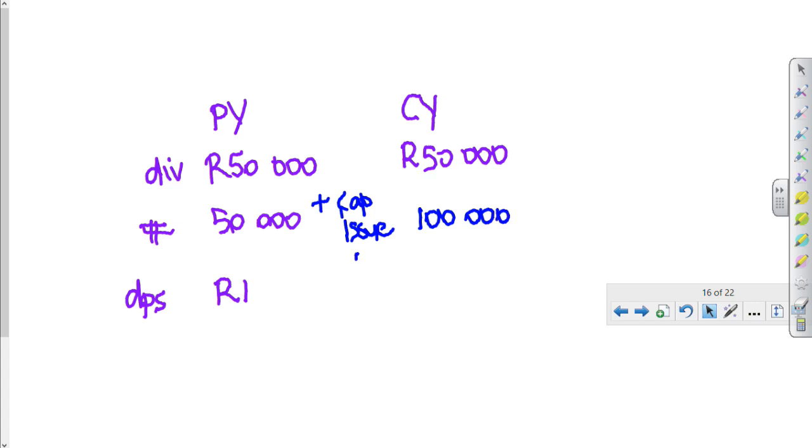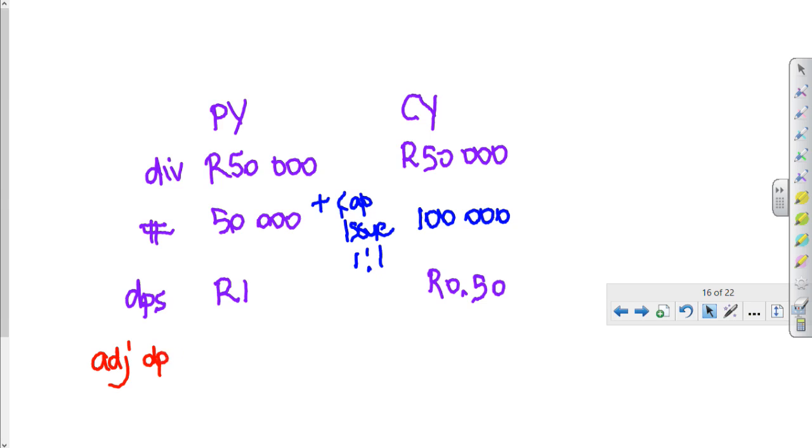There was a 1-for-1 cap issue. For every share you had, you got a share. So now when we look at dividends per share, it's now dropped to 50 cents per share. Are the shareholders truly only half as wealthy? No, because for every share the shareholder had before, he's now got 2. So whereas before he got a rand, now he's also got a rand, but he's still only got 50 cents a share, isn't it? When this happens, we disclose something called